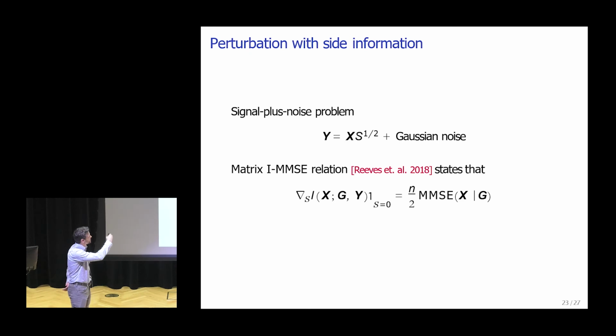Okay, so we're going to use this as our starting point, and then the question is, can I evaluate this mutual information with both G and Y, and then just take the gradient of the final formula? You have to be a bit more careful, but that's the basic idea. So it's sidestepping a bunch of issues about how you go from mutual information to estimation performance, by doing it directly from the beginning.